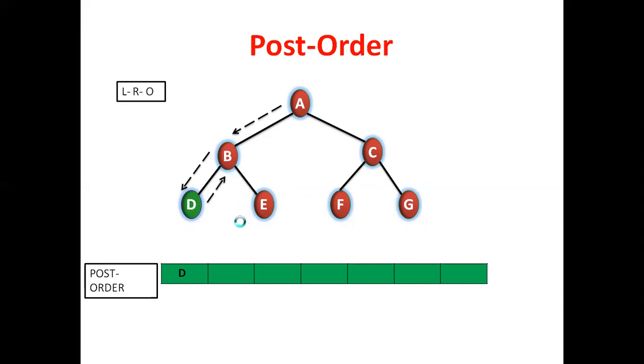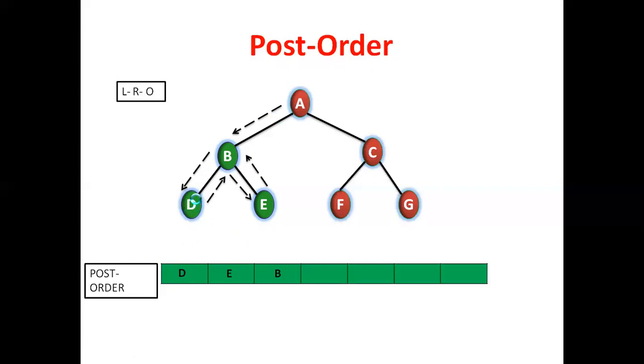Yes. Is there any right for B? Yes. Which is that one? So left completed and right completed. Now visit the root node. What is the root node for D and E? That is B, right? Again come back and visit B. Got it? So check left, left, left. Is there any left for A? Yes, B. Is there any left for B? Yes, D. Is there any left for D? No. So visit the left part.